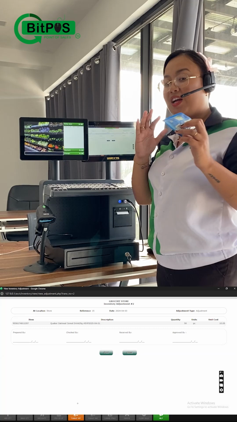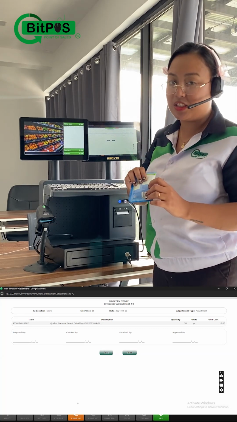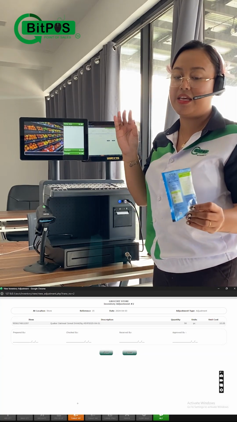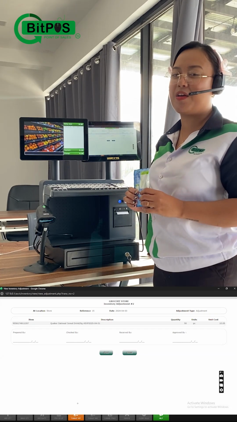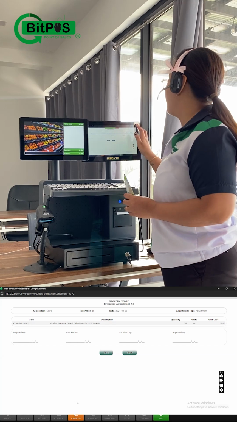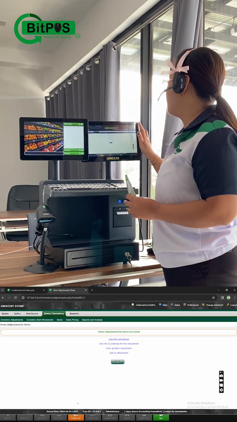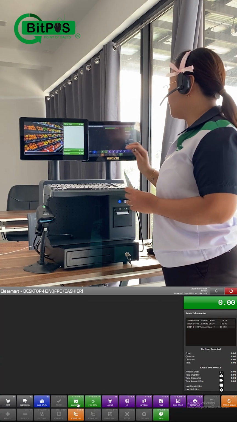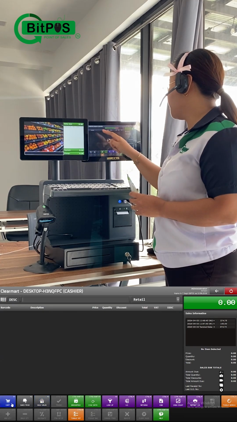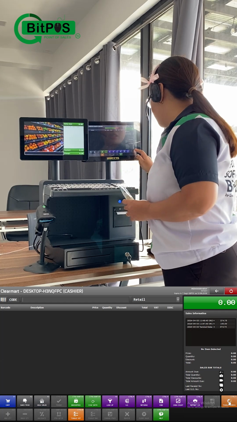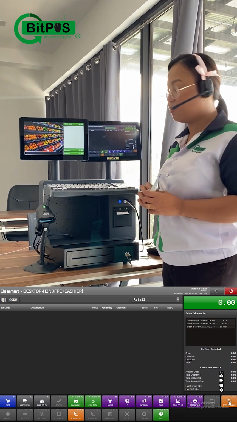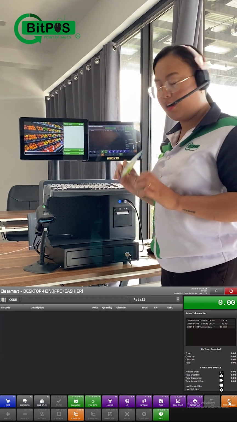Now that we've already added the available on-hand quantity for this one, as well as the item name, description, and the price, it means that we are ready for the cashiering side where we sell our products. So here in my cashiering interface, on cart mode, I am going to select toggle search to change this one to coding so that I'll just scan all my products.